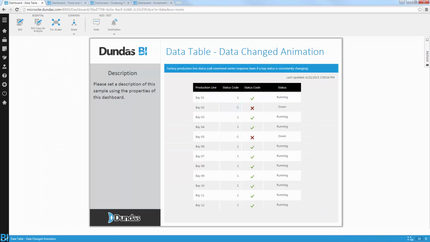The last functionality around the visualization I'd like to show today is in regards to a new data table animation. In this example, I'm monitoring the manufacturing site production line status. As you can see, that table data is updating every 5 seconds, and every time it updates, the table highlights the cells where the value actually changed, in this case, where the status codes of the different production line bays changed. This is a great option to help users quickly identify data changes, especially when they consistently need to monitor the same screen and there are a lot of values in the table visualization.